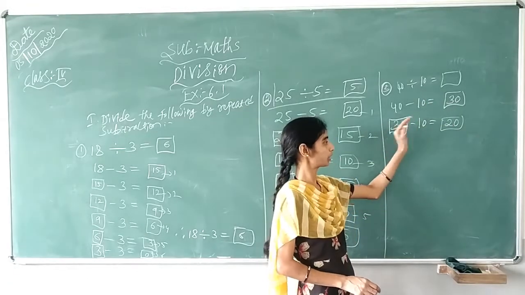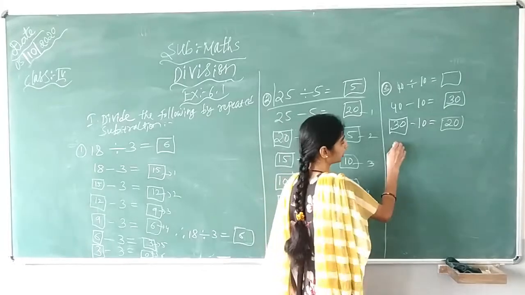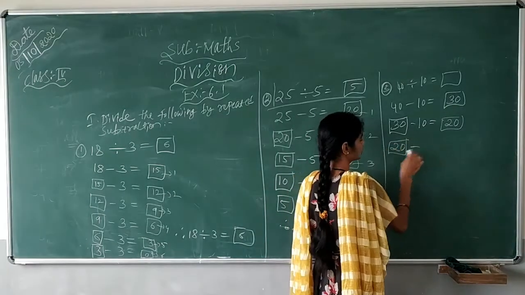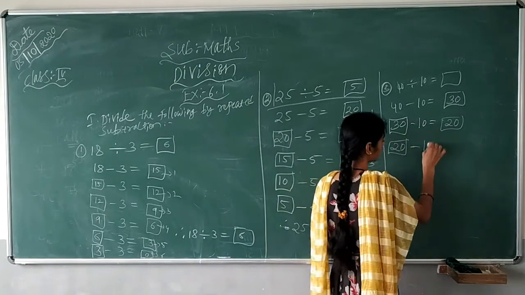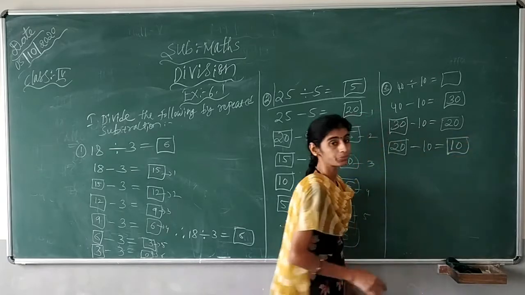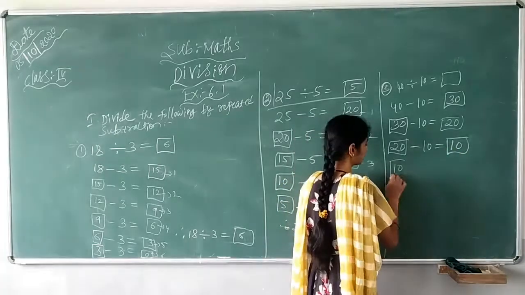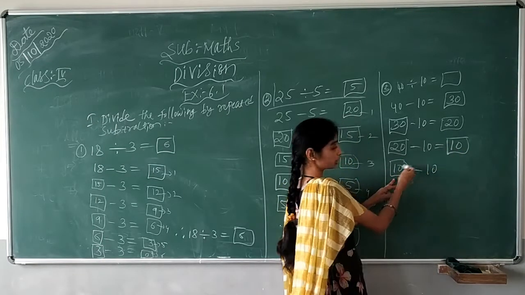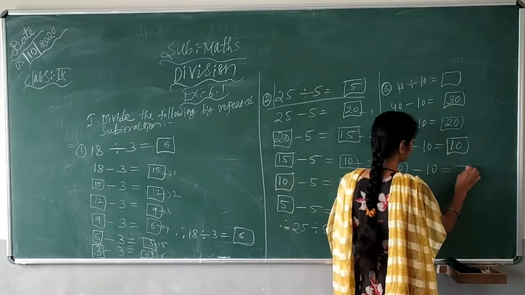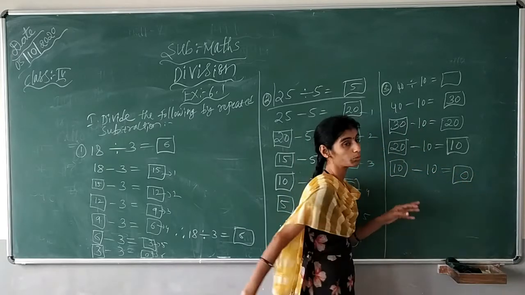Again, second day, from 30 you will read 10. So you are left with 20. For the third day, you are left with 20. So again from 20, you are going to read 10. So how many is left? 10. And again how many books are left here? 10. So from this 10, you are going to read 10. So how many is left? 10 minus 10, you are left with 0 books.